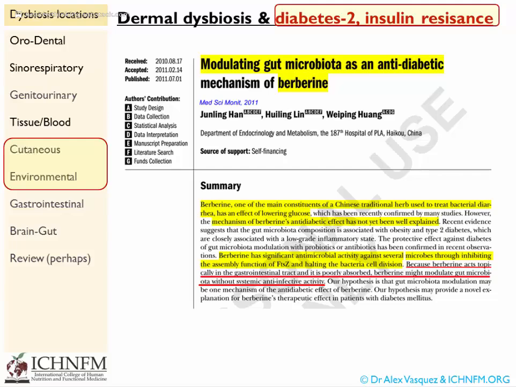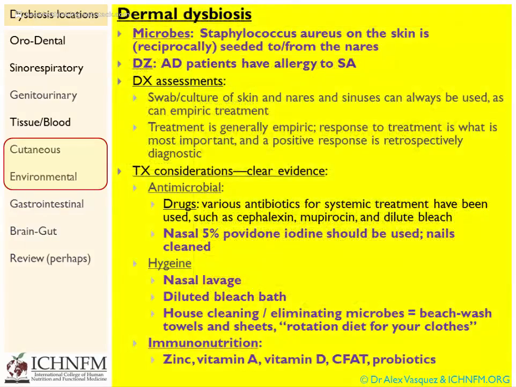So that's our last conversation on dermal dysbiosis. Again, here focusing on type 2 diabetes and insulin resistance. Let's look again at the summary slide. Dermal dysbiosis, we can do assessments with swab and culture, or we can simply dive into empiric treatment. Again, what we're talking about here is addressing the dermal component of multifocal polydysbiosis. So how do we eliminate those microbes from the skin? We can use systemic antibiotics like cephalexin. We can decontaminate the